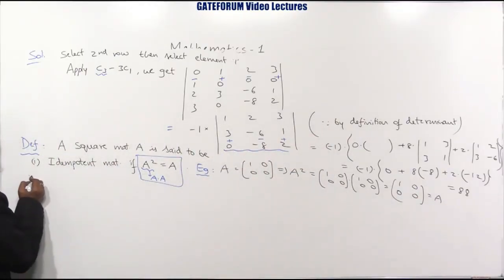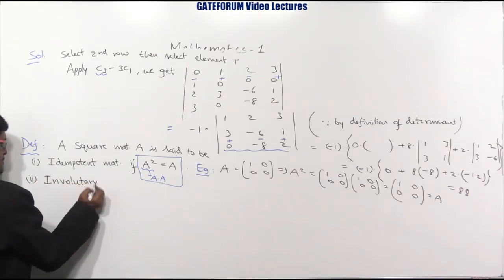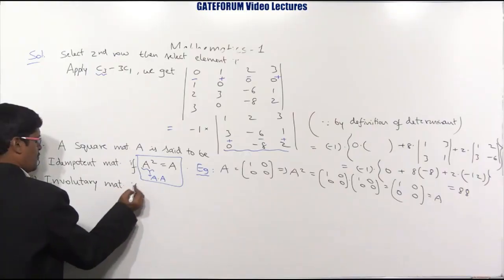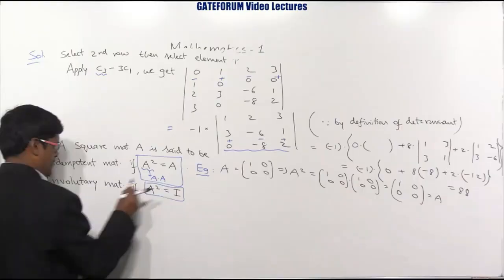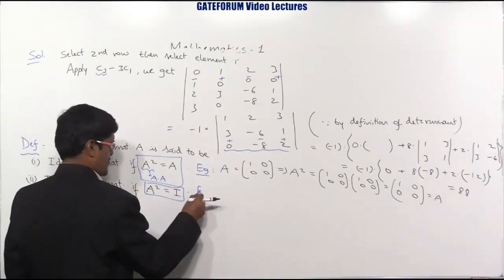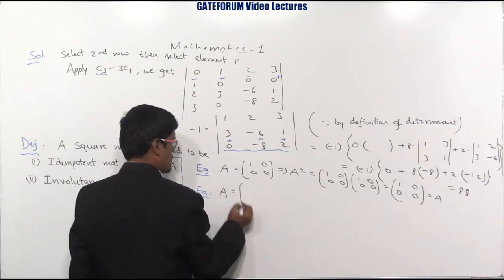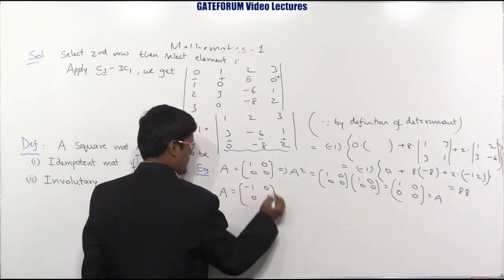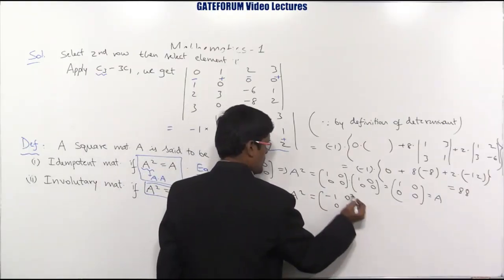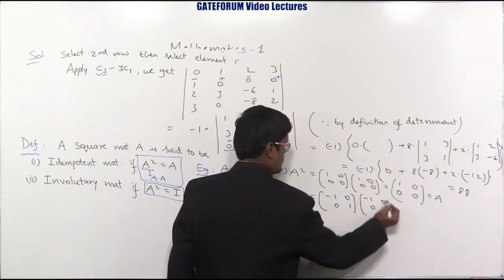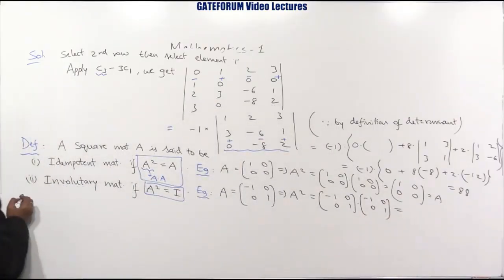Number 2, involutory matrix, if A square is equal to the identity matrix. For example, A is equal to -1, 0, 0, 1. From this, again A square: -1, 0, 0, 1 times -1, 0, 0, 1. Please multiply. And the third one,